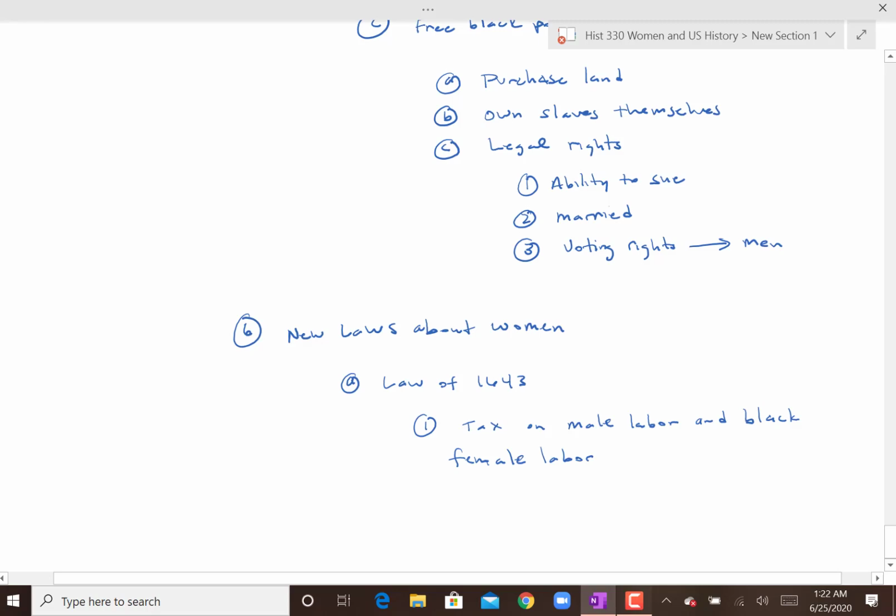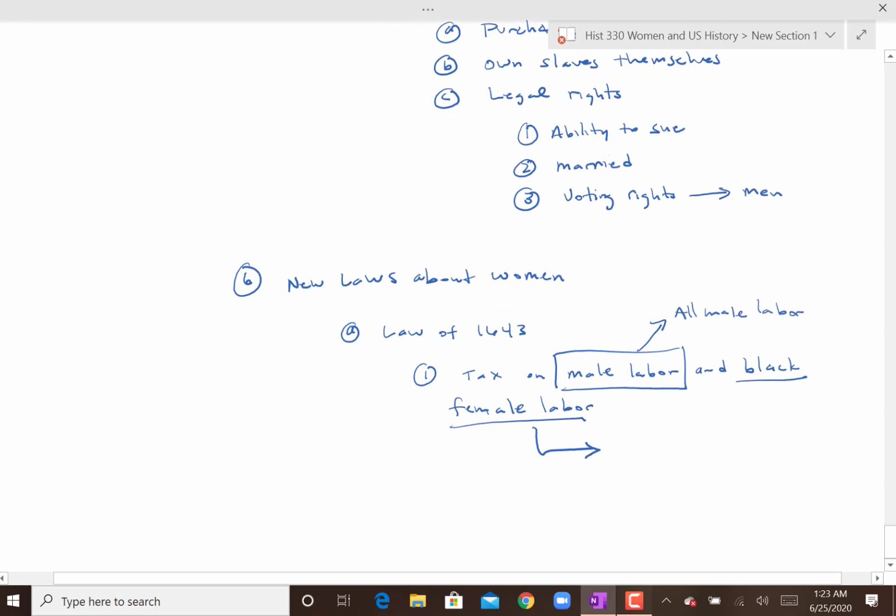So what was significant about this is male labor. This was all male labor. So indentured servants or slaves, it didn't matter. Black female labor, even though they didn't say it, right, is that, so that's for slave labor. It did not include